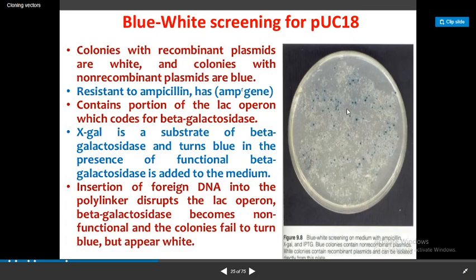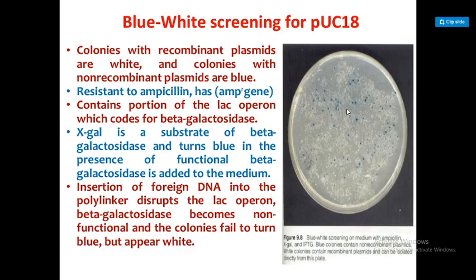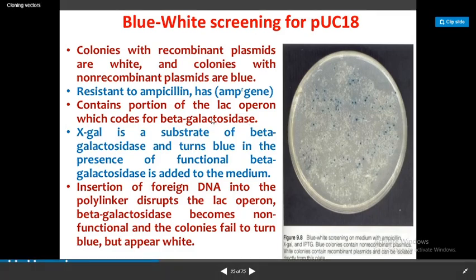Okay, so resistant to ampicillin. Yes, you can see the areas, no? Selectable marker areas, tetracycline resistant and ampicillin resistant. So when we talk about the lac operon, lacZ codes for beta galactosidase, right? It can grow on the galactose substrate, so it can turn the substrate into blue color. So what does blue color denote? There is a presence of beta galactosidase in the medium. So when I insert a new foreign DNA into this lac operon, what happens?